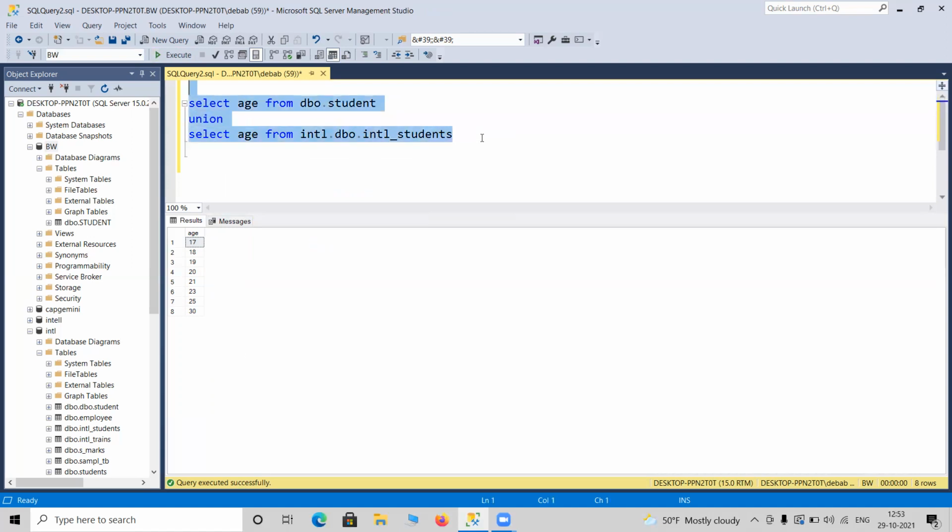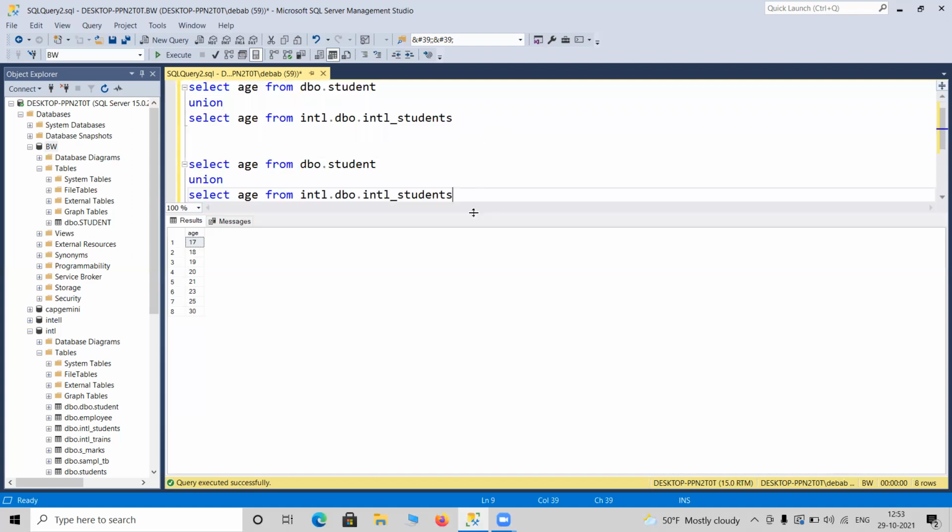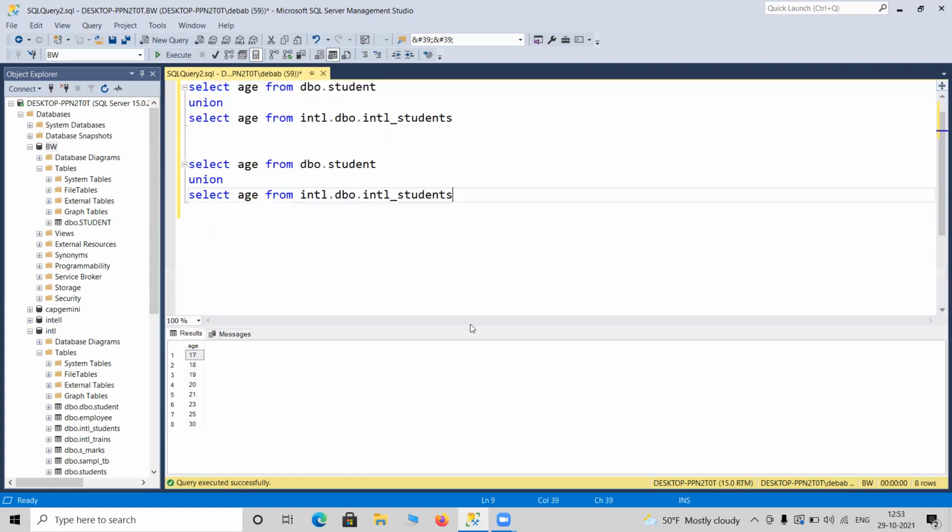So what is the difference of union and union all? You can do it. I will just suggest do it by yourself in your database. And obviously, if you face any doubt, just paste the query in the comment section and I will take a look. Even you can send me a mail as well.